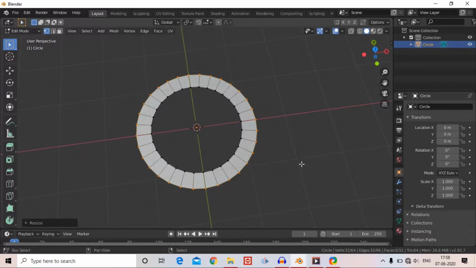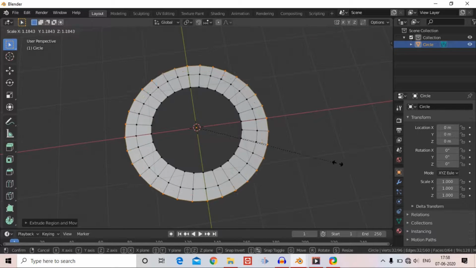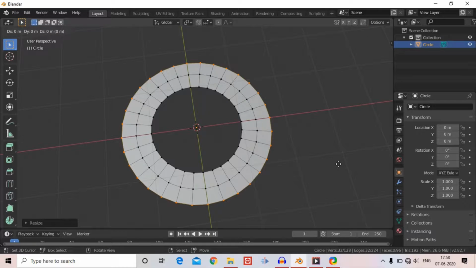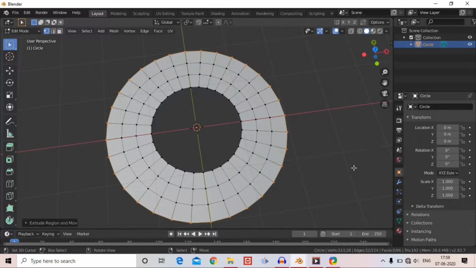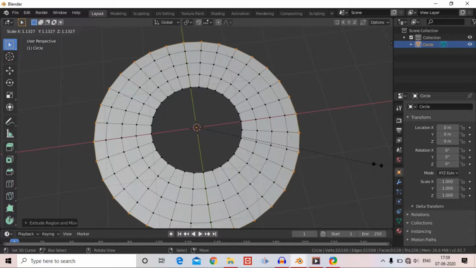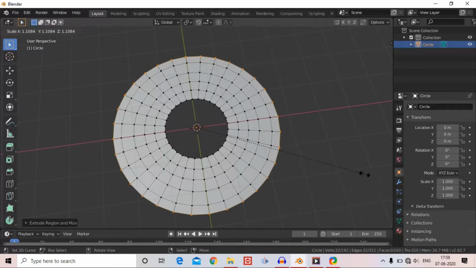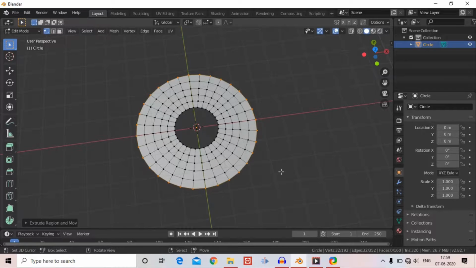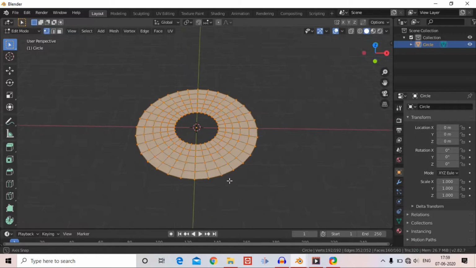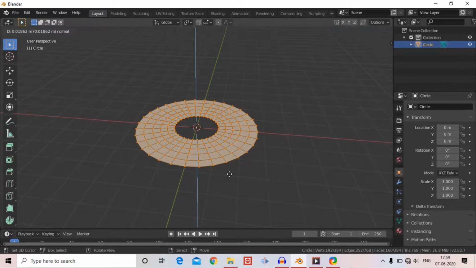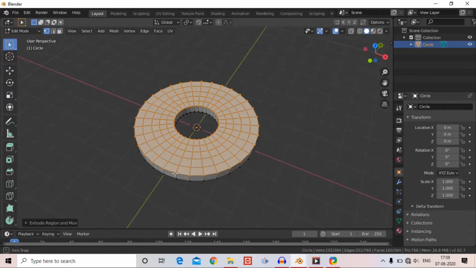and extrude it, S to scale again, extrude, S to scale, extrude and S to scale, and finally the last one. So we have created a symbol for O, and finally I am extruding again to add depth to this O. And now